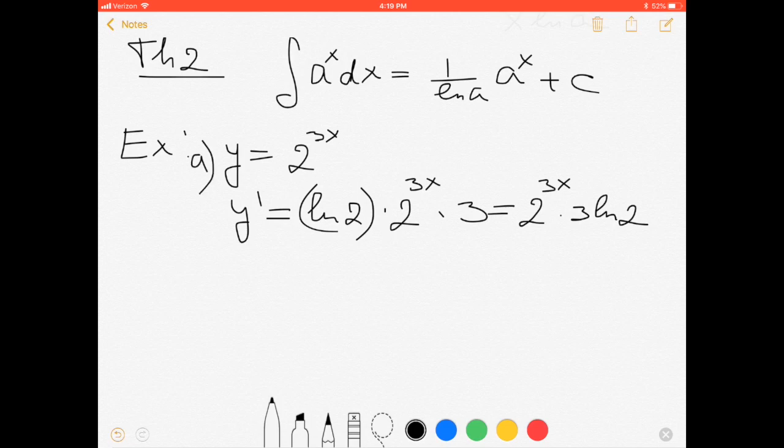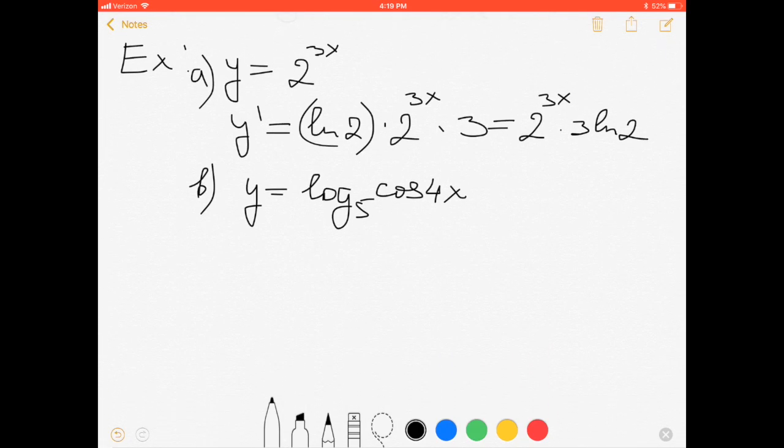This is example B. We have a logarithmic function with base 5 of cosine 4x. How do you remember? The logarithmic function derivative will be 1 over